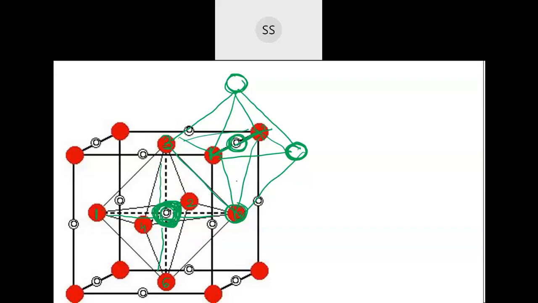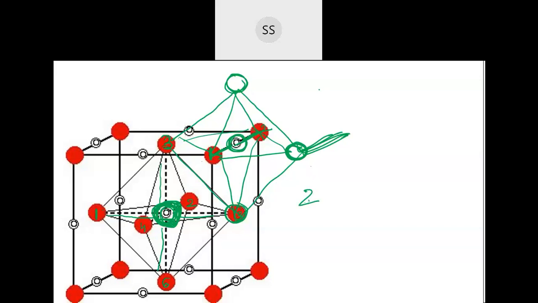So how many neighboring unit cells are required to create this octahedral void? One unit cell, the red ones you can see which I have drawn here, that unit cell is there. Then I need another one also this side which I have to utilize for this atom. I will tick mark this. So if I have to get this atom, I have to make use of that neighboring unit cell. Correct, no? So this one I require. So second one will be here. And above that there will be one more.